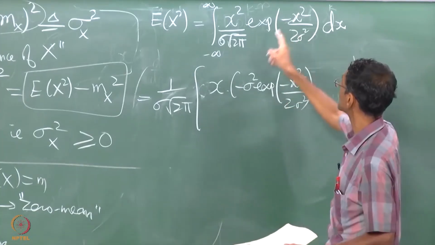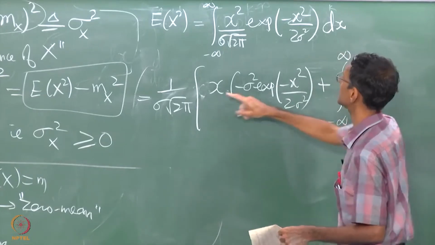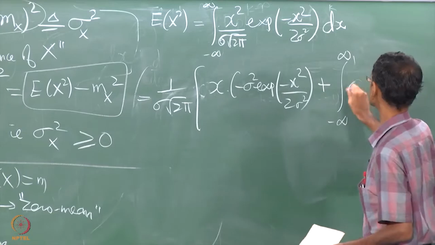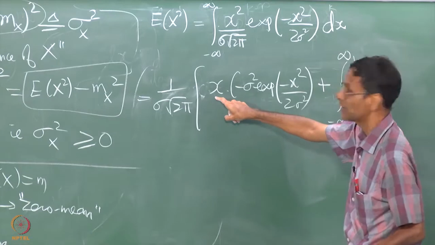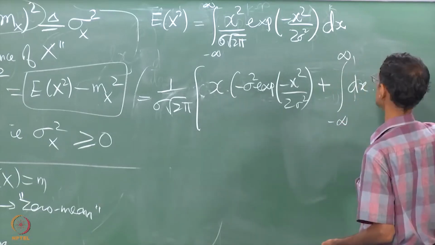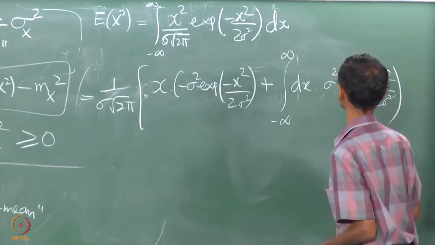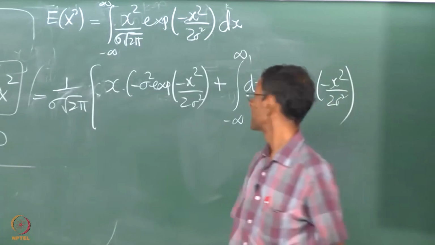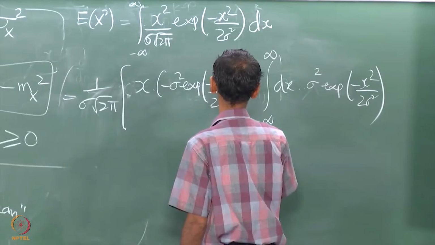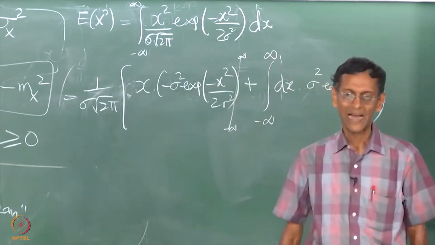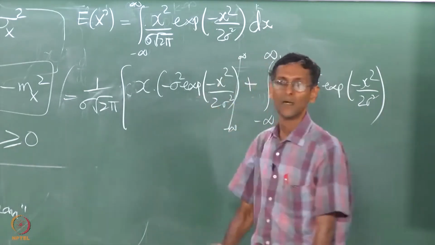There is a minus sign here because there is a minus sign here, and it becomes plus the integral from minus infinity to infinity of the derivative of this, which is dx, right, uv minus v du, this is my v, dx into sigma squared into e to the power minus x squared by 2 sigma squared, and this is evaluated between minus infinity and infinity. Actually we are sweeping some details under the carpet here because these are all infinite integrals and so on, but